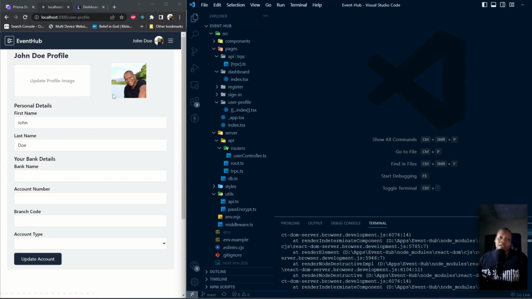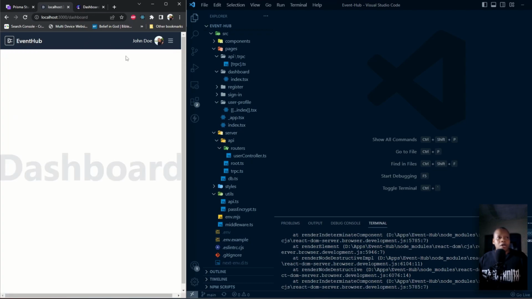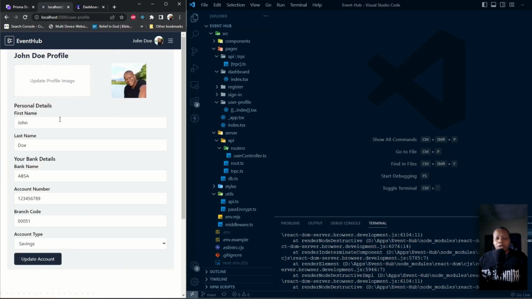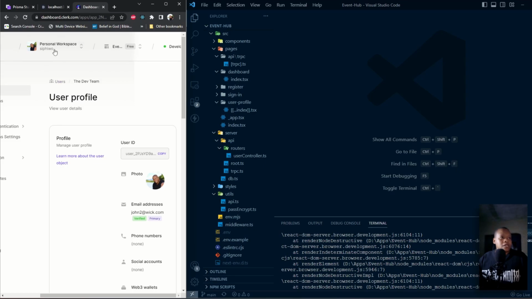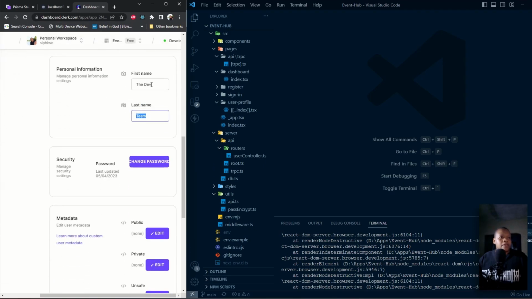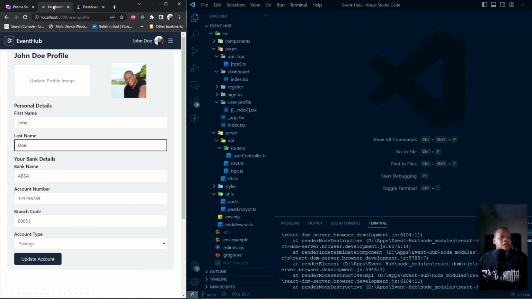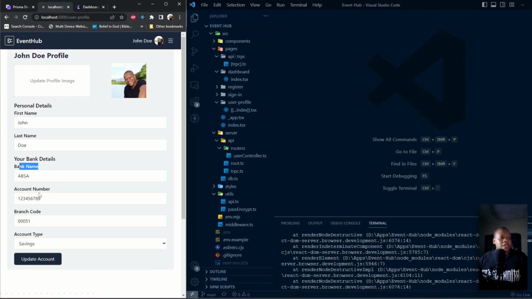So what I've seen is that if I go to my profile page, so I'm logged in because with Clerk, I just go to manage account, which is my profile page over here. Quick explanation, these two fields over here, first name and last name, that's being handled by Clerk. If I go over to my dashboard, you will see that it's my Clerk dashboard. There's my first name and there's my last name. And then this section here, banks and the bank information, that's been handled by Prisma and my database,